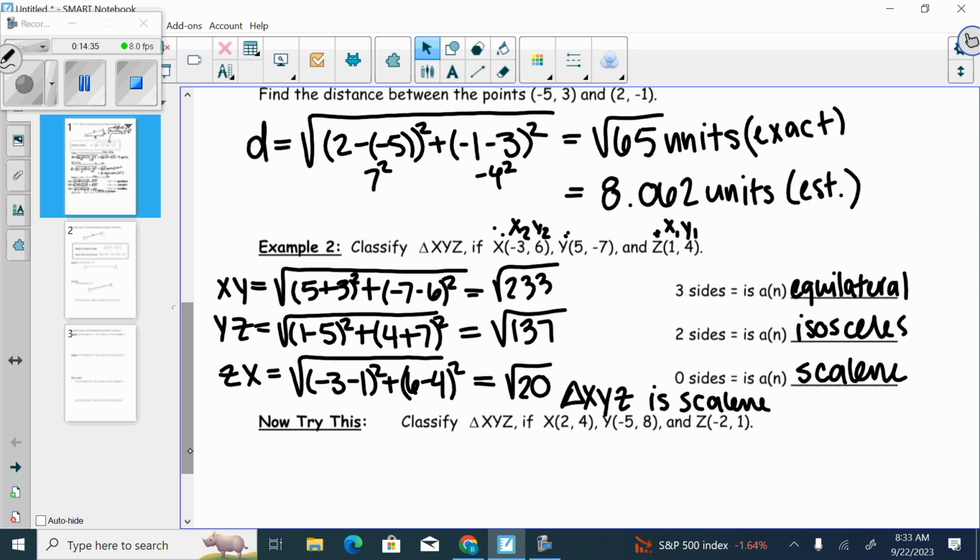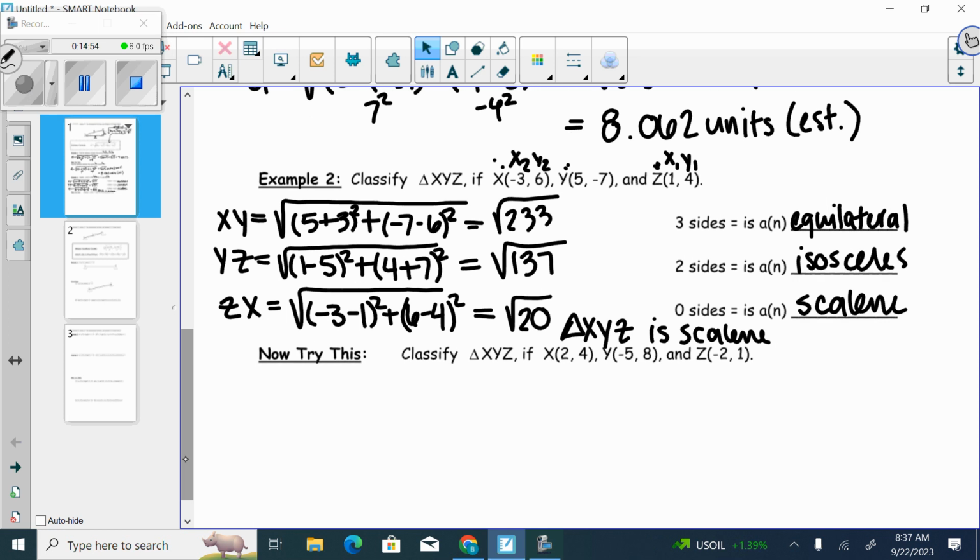Now I'm going to let you guys try this one. You can work with the person beside you if you want to take turns who's doing what, and you can share answers with each other, and we're going to check what we get in just a moment, okay? Can somebody share with me what you got as your results? Scalene, yes. All of these are different sizes, and it's triangle XYZ. So triangle XYZ is scalene. Good. If you will flip it over onto the back,